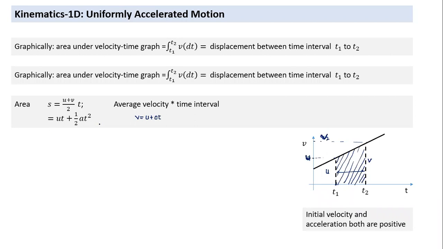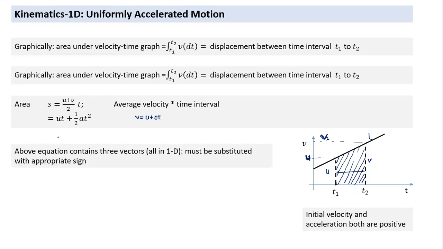This is a very quick way. This is the graphical method of derivation which comes in your board examination also. Just substitute v equal to u plus at in this equation and you get this equation. This is again to make you understand graphically what it means. Slope indicates acceleration. Positive slope means positive acceleration. Negative slope means negative acceleration. If the line is horizontal, it means unaccelerated motion. The area under the curve between time t1 and t2 indicates displacement. If it is positive, the displacement is positive. If the area is below the x-axis, it is negative area and indicates negative displacement.